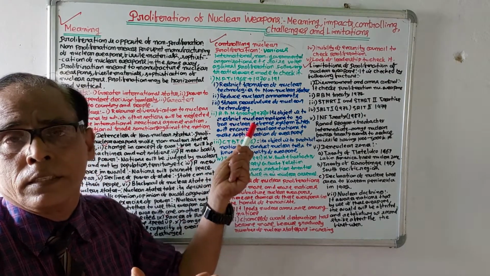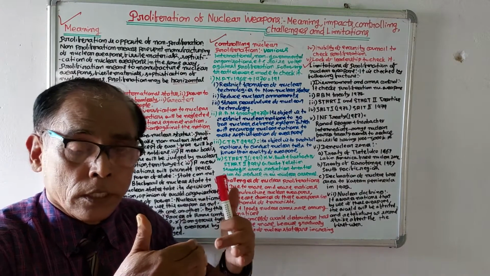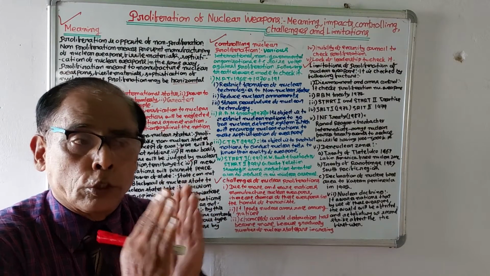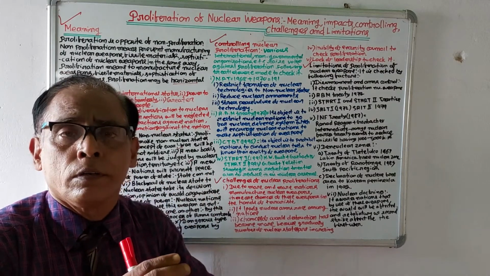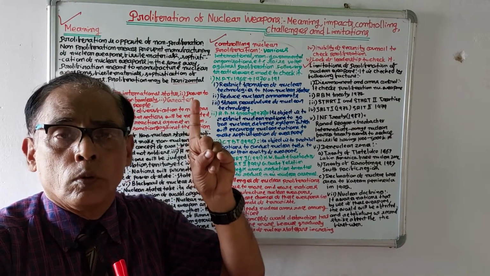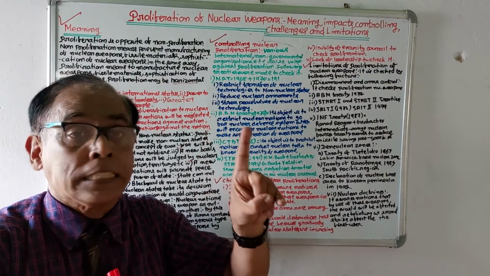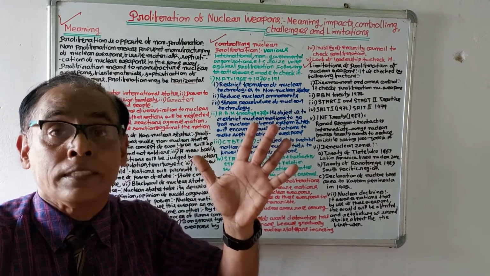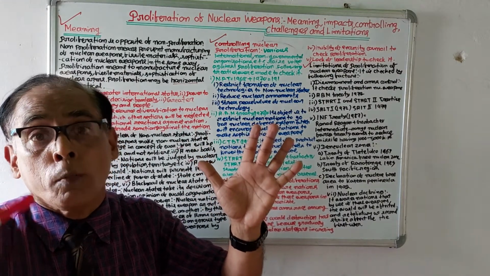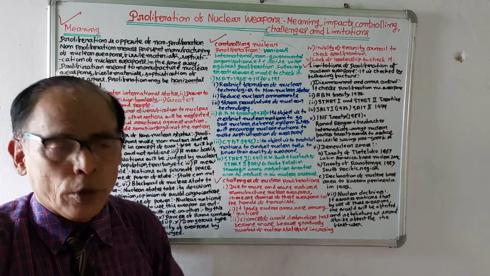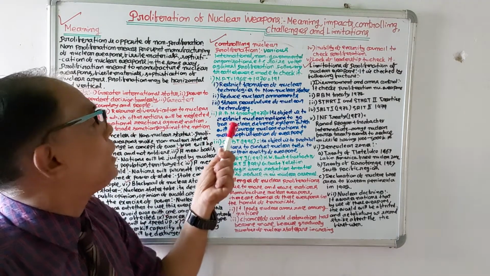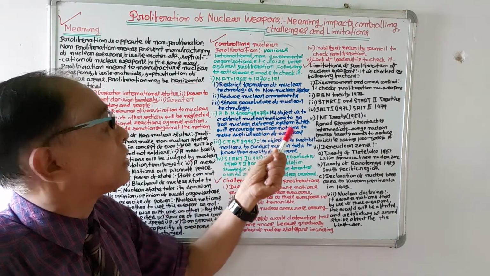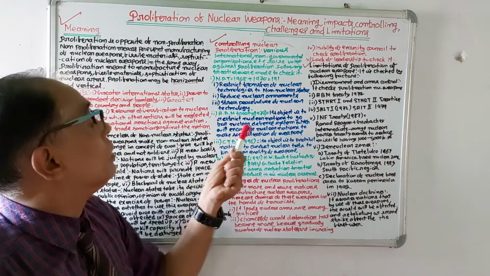Anti-ballistic missile treaty. It is a treaty which advises nations that they should not take much step to make anti-missile technology. If a country makes anti-missile technology, then its opponent will prepare more and more dangerous weapons. So the anti-ballistic missile treaty's object is to restrict nuclear nations from going for nuclear defense systems.